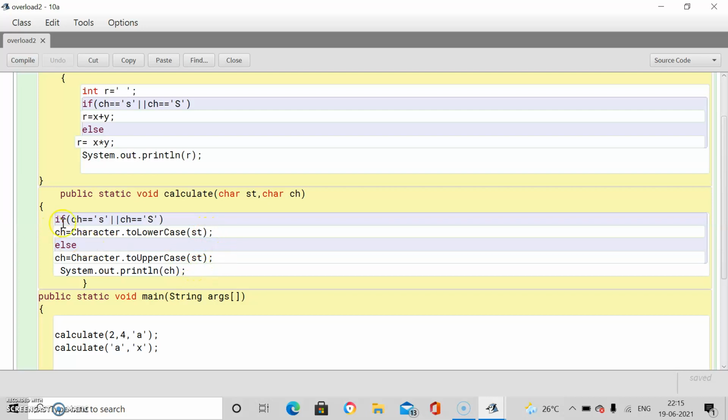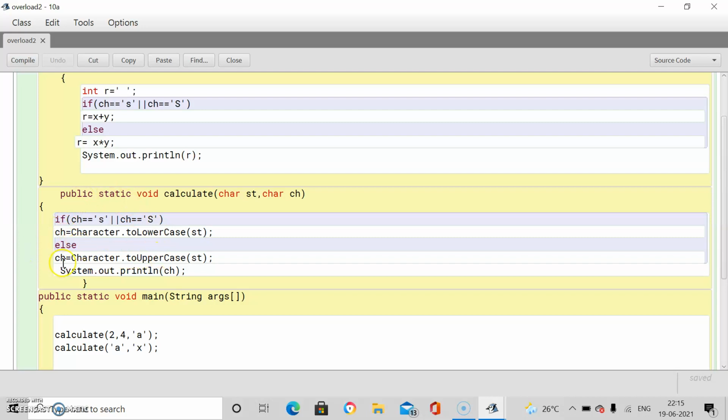Fine. So, if ch equals small s or ch equals capital S, either is true, then ch equals Character.toLowerCase, which is the function to convert a character to lowercase. In the bracket we give the character which we need to convert. So ch equals Character.toLowerCase(st). We are converting st to lowercase and storing that within ch.